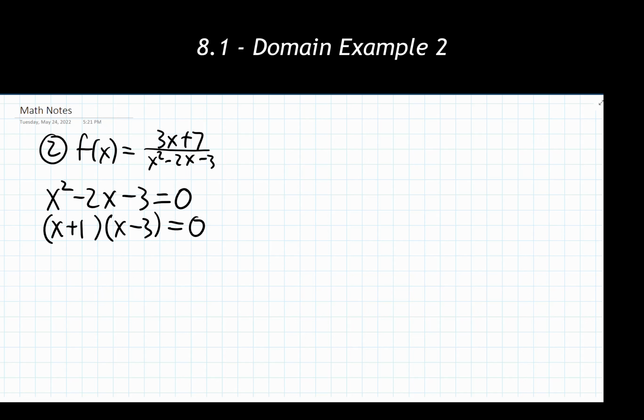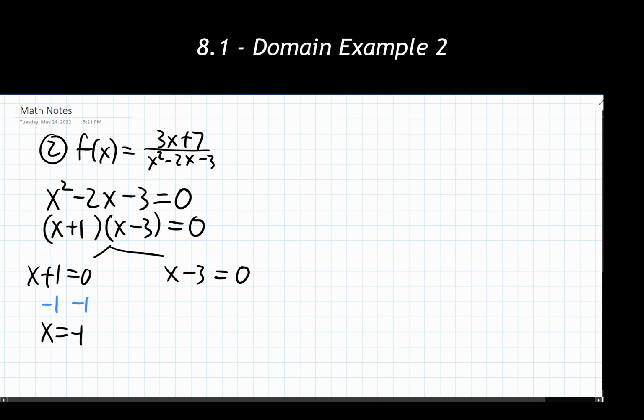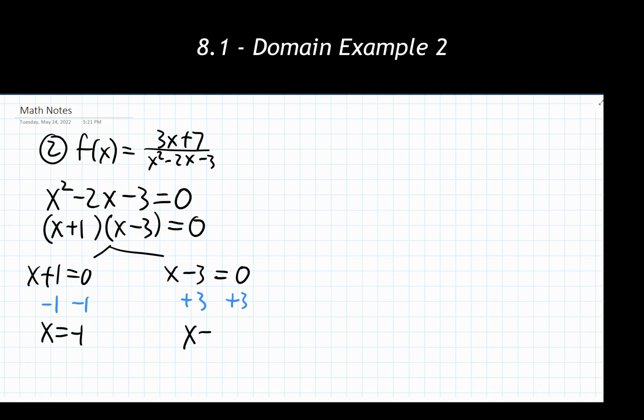Now that we have this thing factored, again, I am solving for where this is equal to 0, so I need to split this thing up into two parts, and I'm going to solve where each of these things are going to be equal to 0. We just need one equaling 0, and that will make the other one equal 0 as well. So looking at our first one, we have x plus 1 equals 0. I'm subtracting 1 from both sides. And I'm getting x is equal to -1. And for the other one, I'm going to be adding 3 to both sides. Once I do that, I'm getting x is equal to 3.